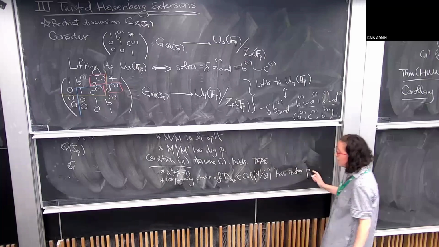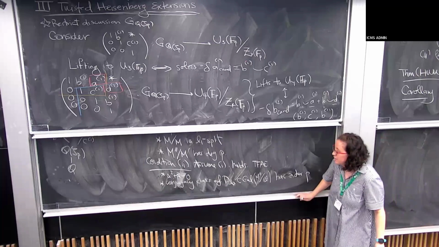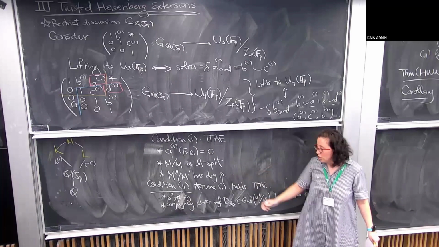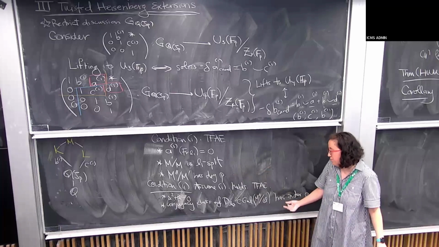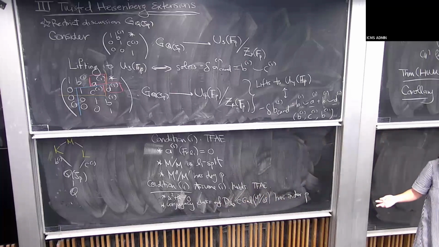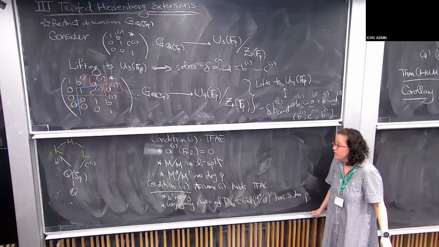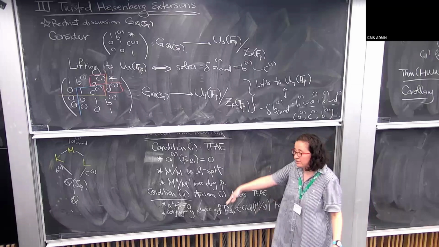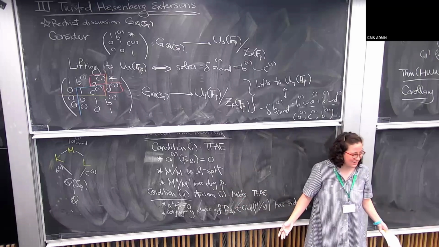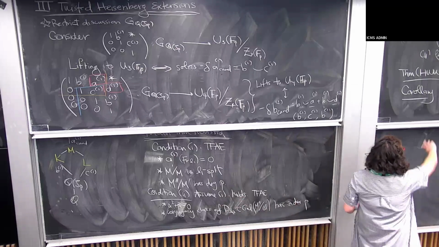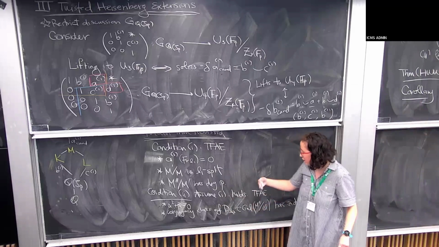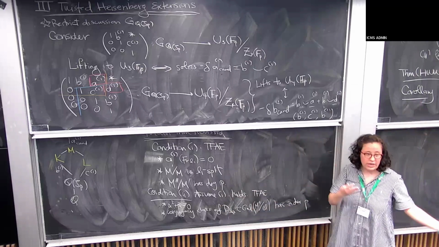And I'll just say the last one since I'm running out of board space. But basically, combining this one with the fact that M double prime over M prime has order P, we could just turn this around in terms of the order of the normalizer of this decomposition group, if we wanted it in that language. And so we basically can reformulate the main theorem in any of these languages. I usually present it more in the number theoretic way. I think it reads nicer. But our corollary will still hold. The point is, if the normalizer of the decomposition group has the right size, then we'll get an